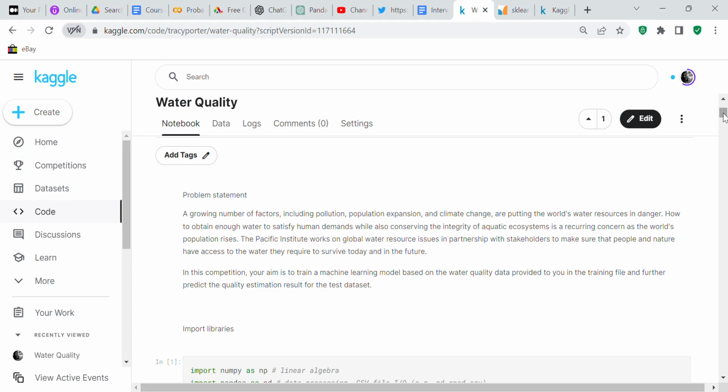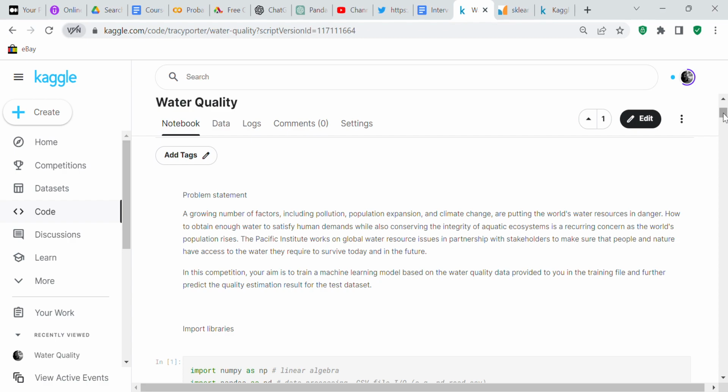How to obtain enough water to satisfy human demands while also conserving the integrity of aquatic ecosystems is a recurring concern as the world's population rises. The Pacific Institute works on global water resource issues in partnership with stakeholders to make sure that people and nature have access to the water they require to survive today and in the future.